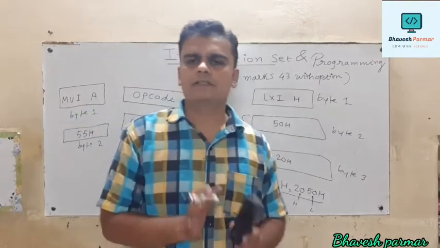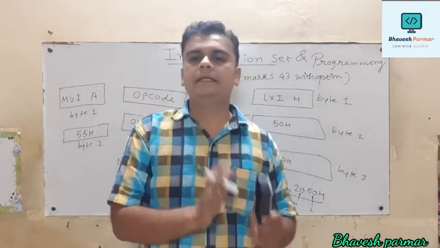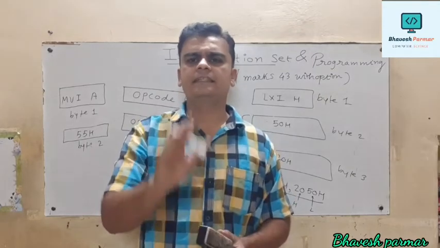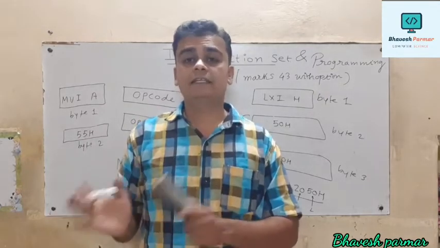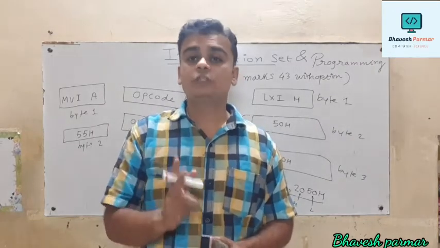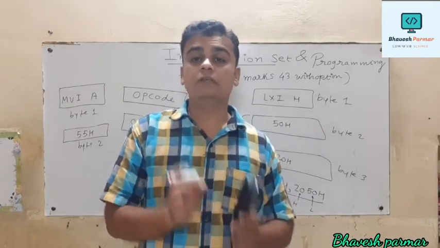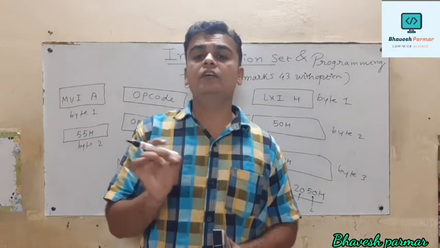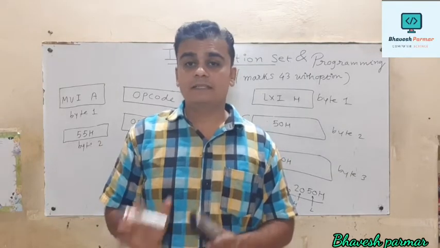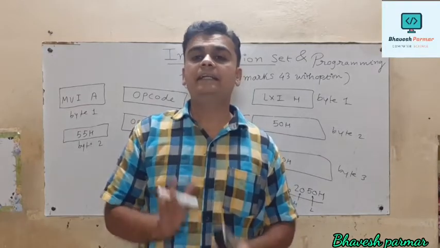Let me take a simple review again. How can we identify a 1-byte instruction? When the operation is carried out on any register, that is A, B, C, D, E, H, L, and any one of them is shown in your instruction, you directly say that it is a 1-byte instruction. How can we say it is a 2-byte instruction? Whenever an operation is carried out on 8-bit data, that is a 2-digit number, then it is a 2-byte instruction. And how can we identify a 3-byte instruction? In a 3-byte instruction, the operation is carried out on a 16-bit address. The 16-bit address requires 2 bytes and the opcode requires 1 byte. In this fashion, it is called a 3-byte instruction.